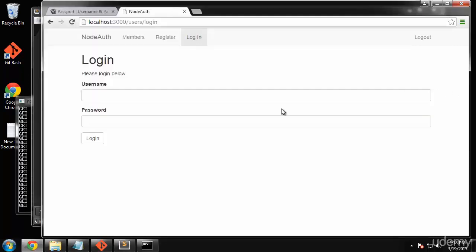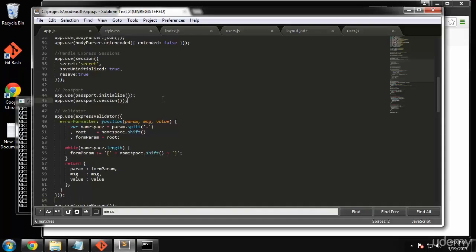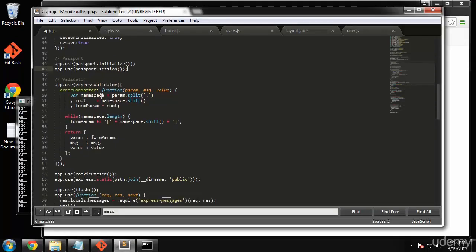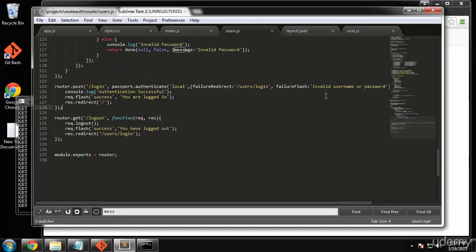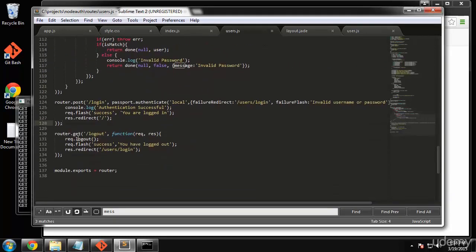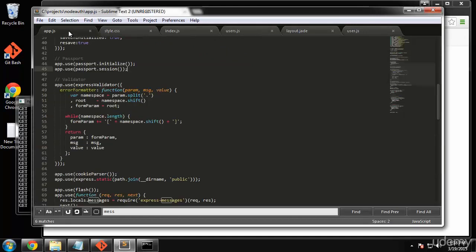Because if we just have it in, say, the user's view, then when we go to members, it's not going to apply. And we need it on every page because we want the menu to be the same on every page. So we need to make a route that goes to all. Instead of, for instance, saying route get the home page, or in users having router get logout, we basically want this to be all. So I'm going to include this route in the